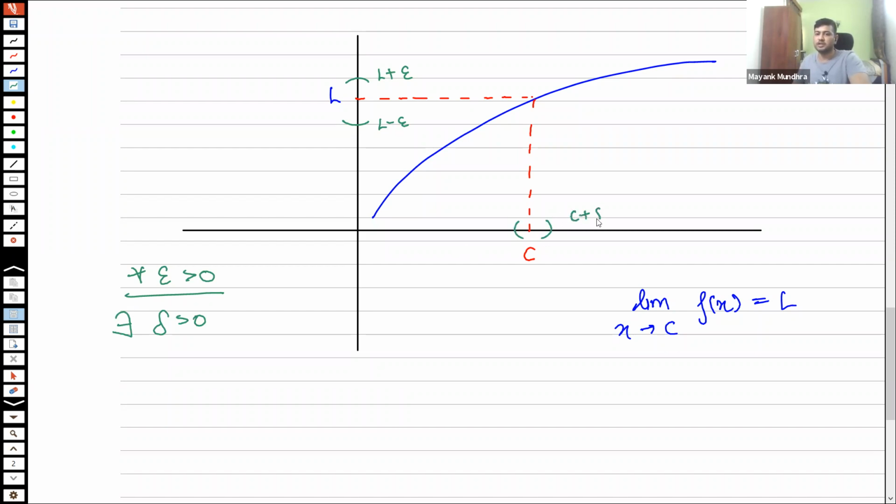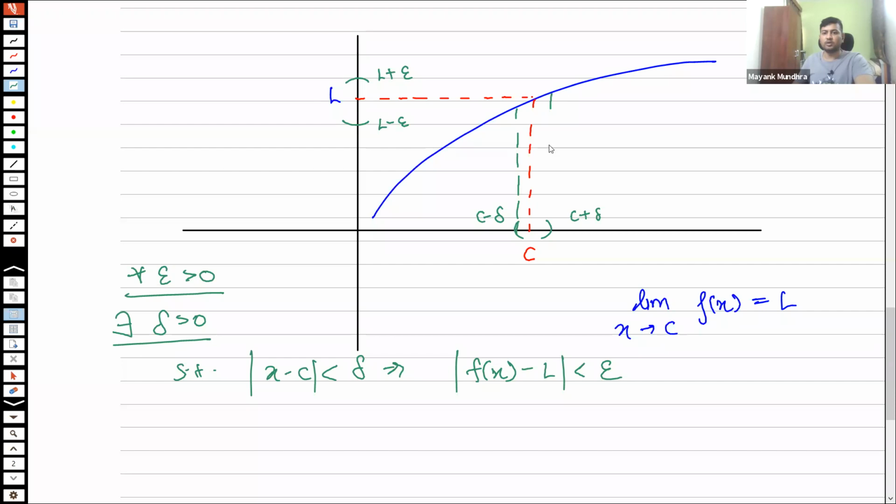So this is c plus delta and this is c minus delta, such that mod of x minus c less than delta implies mod of f of x minus L is less than epsilon, which means that if you were to construct this delta neighborhood around c and this epsilon neighborhood around L,